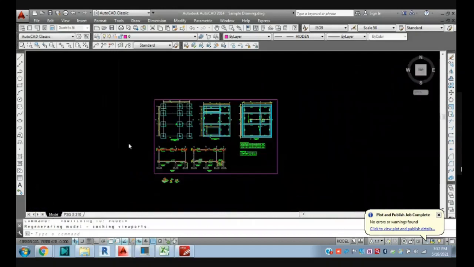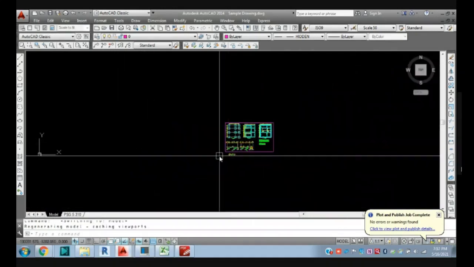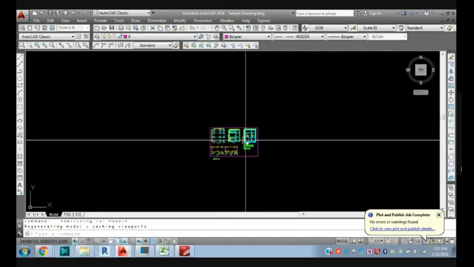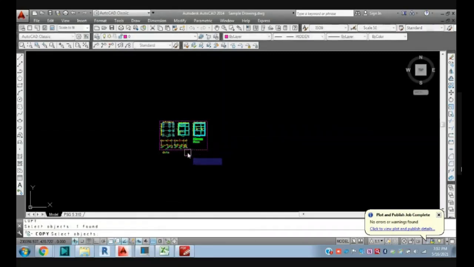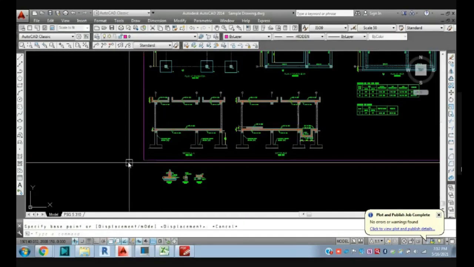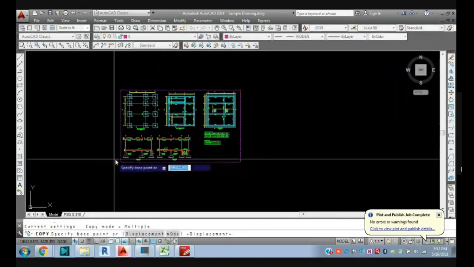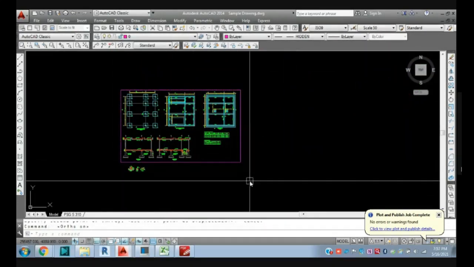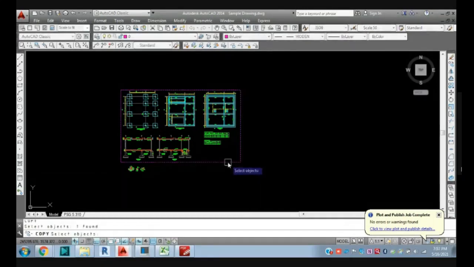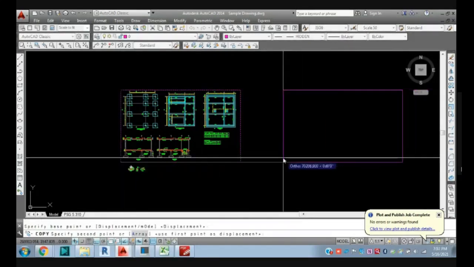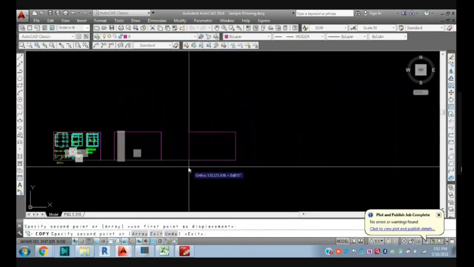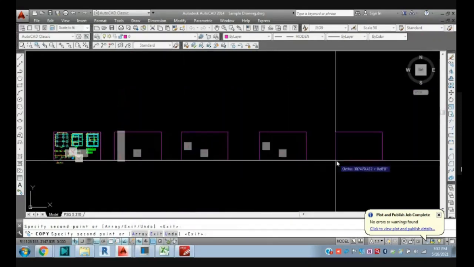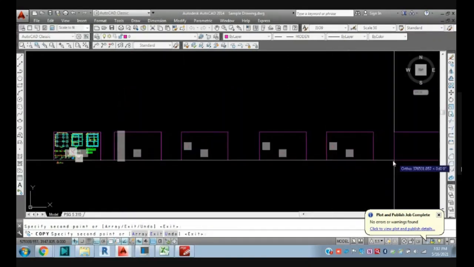Suppose you are working on a big project and you have created some drawings here. Just for reference, you are in model space, and I have copied this, 3, 4, 5 and 6.